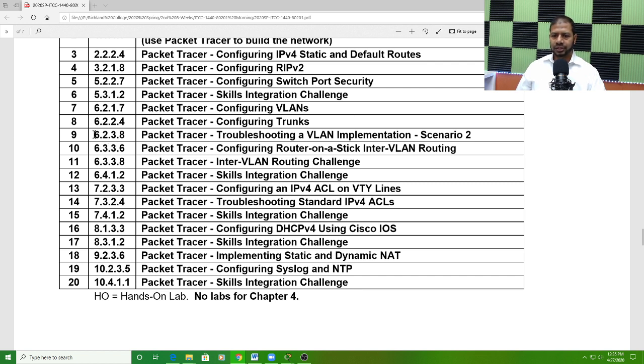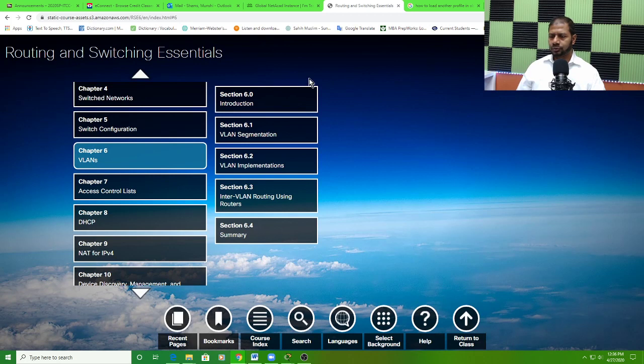Today we are doing lab number 9, no, lab number 11, 6.3.3.8 in Packet Tracer, and that is the Inter-VLAN routing challenge. So let's get going. We're going to go to this NetAcad chapter 6 to open up